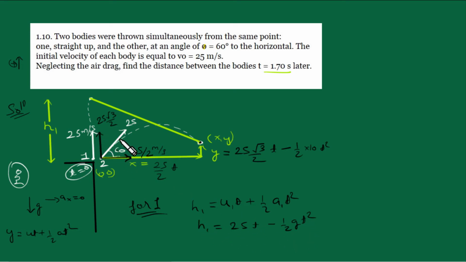Now if we want to solve, then I think really easy will be to use geometry. This is one way. We know that for distance we can use Pythagoras theorem. This is height, so this will be h1 minus y, right? And this x, we know this is x, which we have already calculated. So final distance will be under root of h1 minus y whole square plus x square. This is going to be the answer.